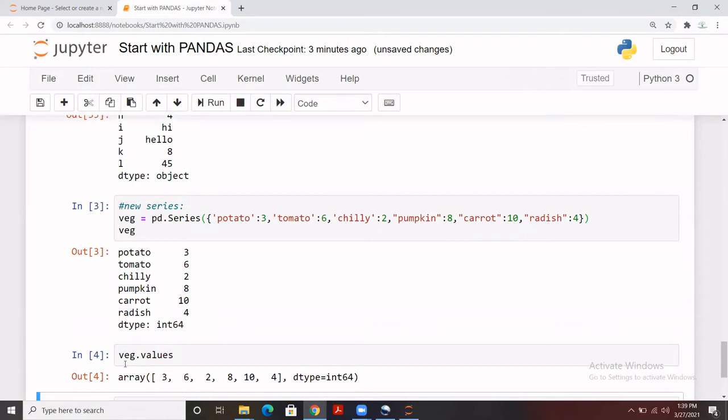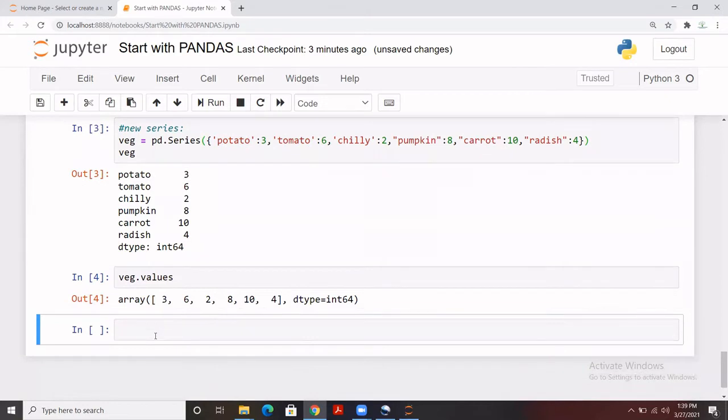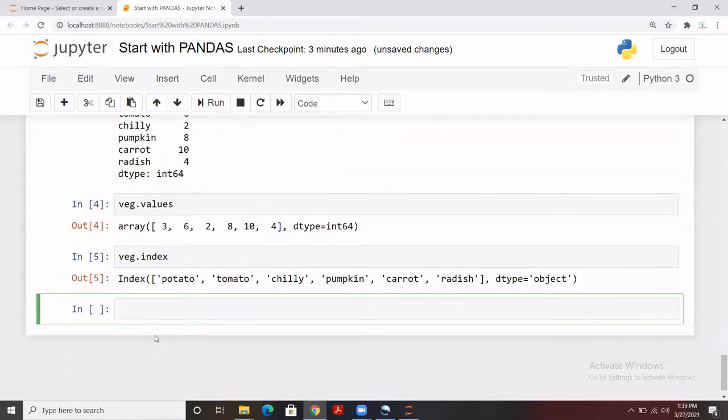This way we can get all the values in that series in one go. Now, let's say I need all the indexes that we have in that series. Yes, I can extract that too. I have to call index to get the index of that series. So we see that we have separated the values and index using these attributes, values and index.